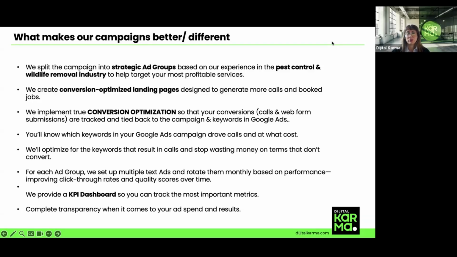And we set up conversion optimized pages and ensure true conversion tracking. So meaning every call, form submission or chat is tracked back. We can even track text chats with our setup.